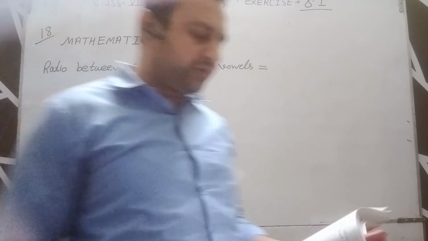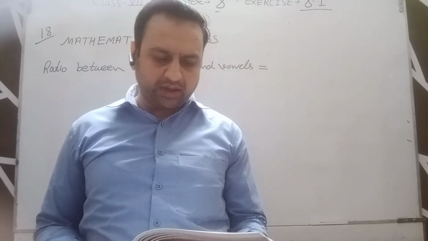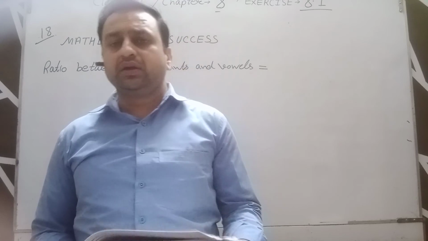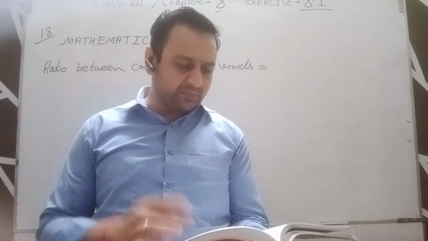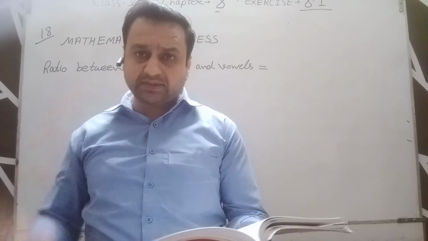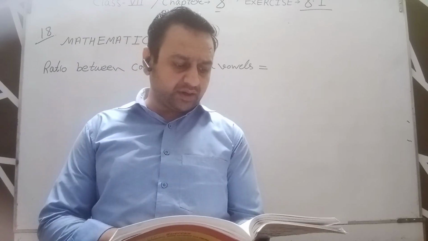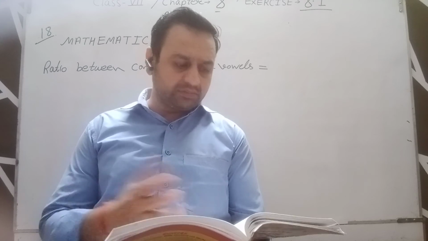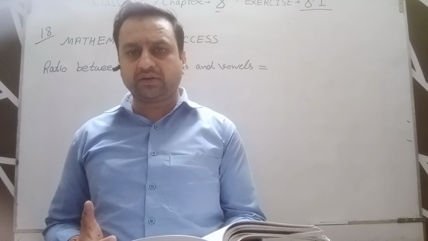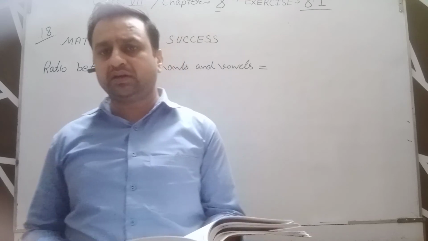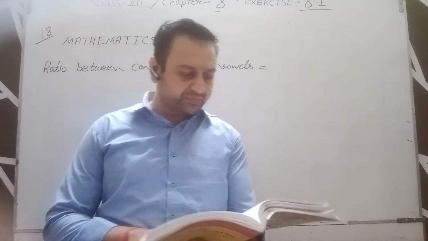Okay student, now question number 15. In the 15th question, the boys and the girls in a school are in the ratio 6:5. It means 6 and 5 is the ratio between boys and girls. We suppose that number of boys equal to 6x and number of girls equal to 5x, and total strength is given 880. So similarly, like question number 14, 6x plus 5x equal to 880. Find out value of x, and after this number of boys and number of girls can be found.